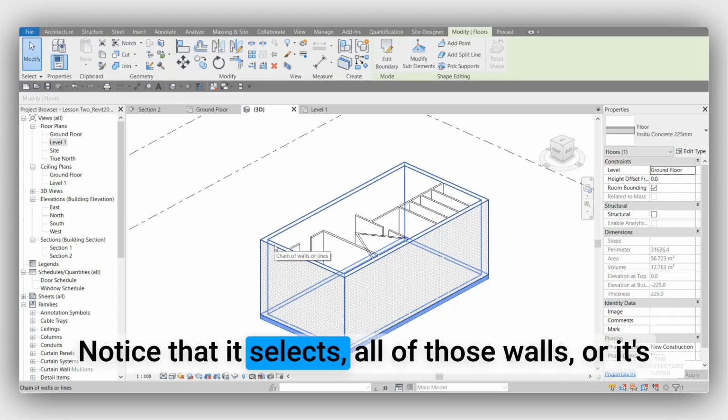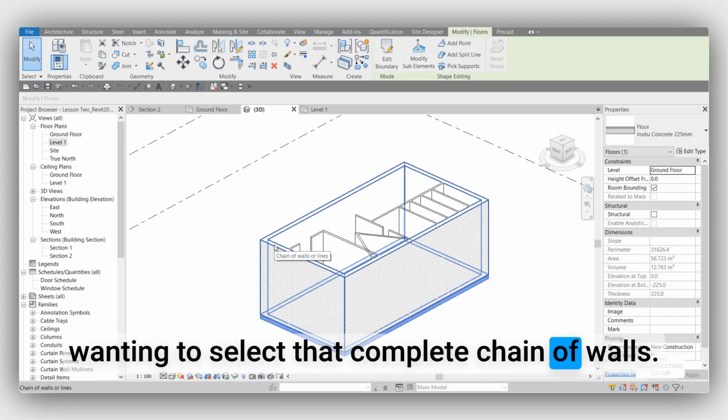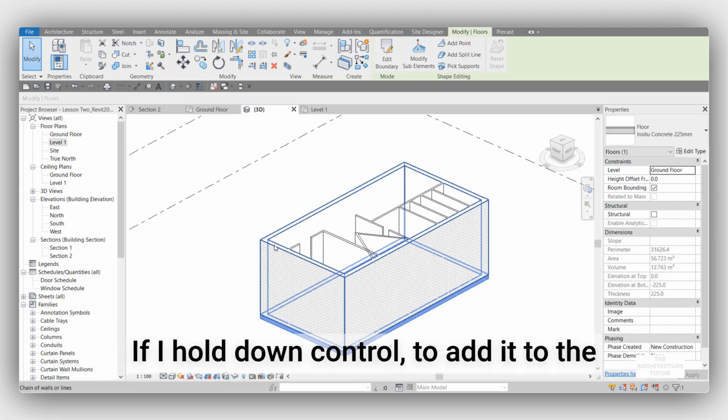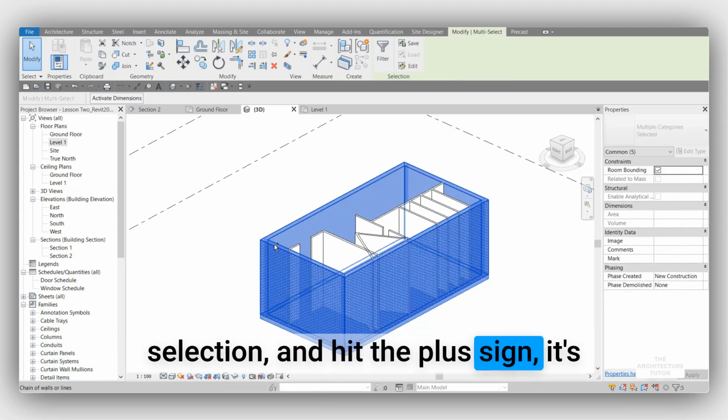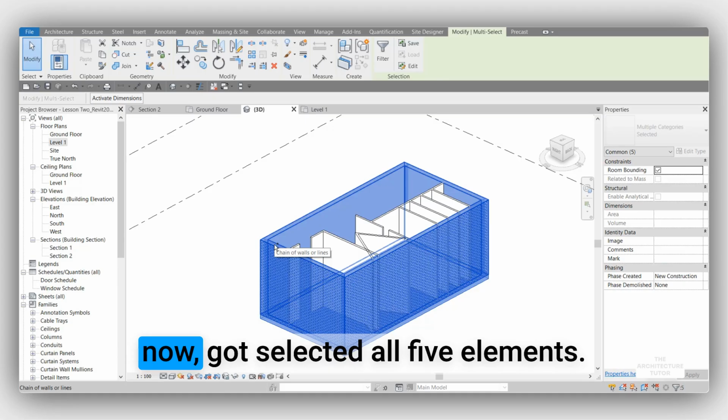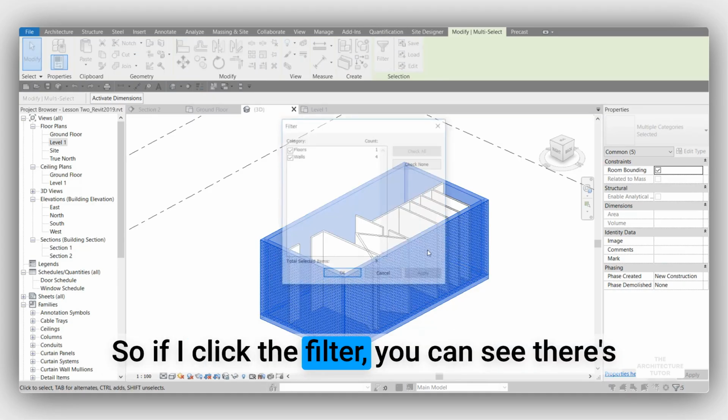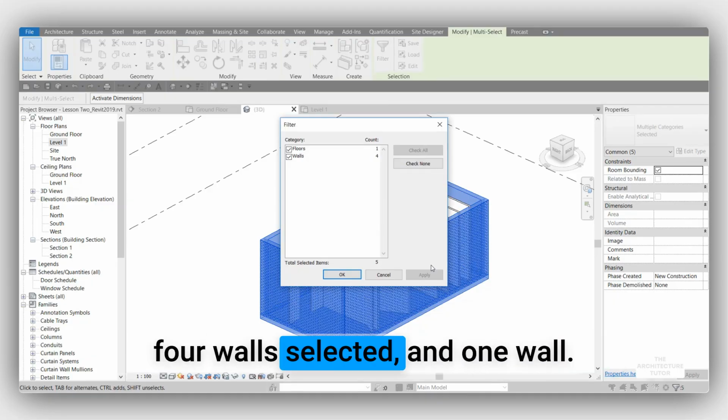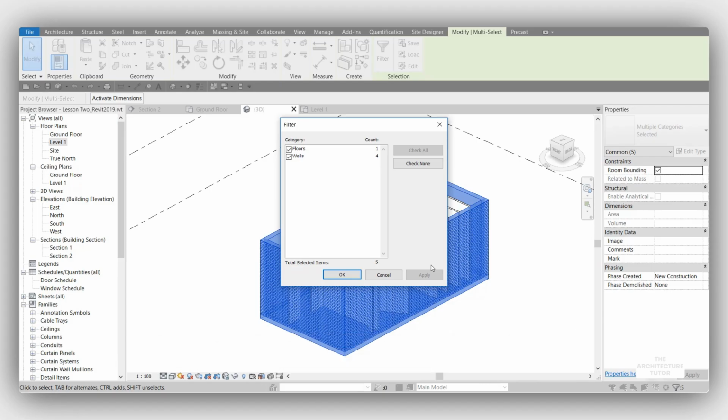Notice that it selects all of those walls, that complete chain of walls. If I hold down Control to add it to the selection and hit the plus sign, it's now got all 5 elements selected. If I click the filter, you can see there's 4 walls selected and 1 floor. And if we click OK,